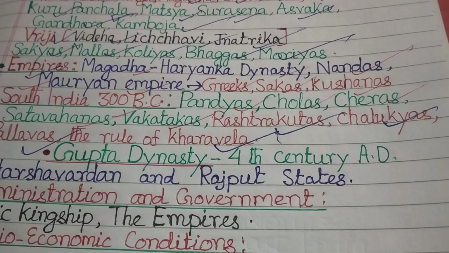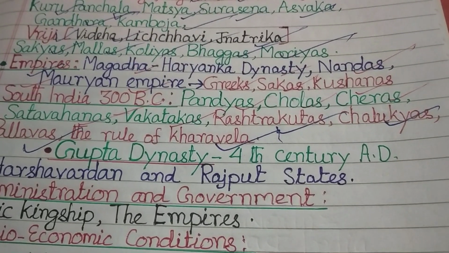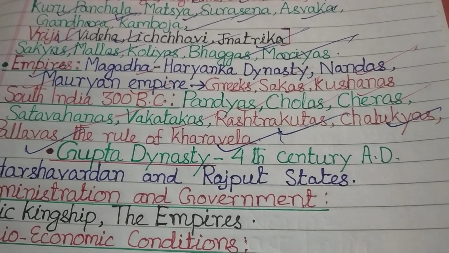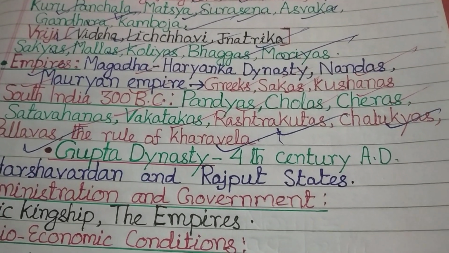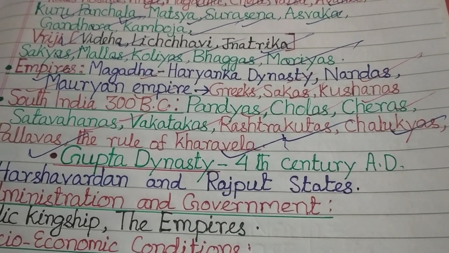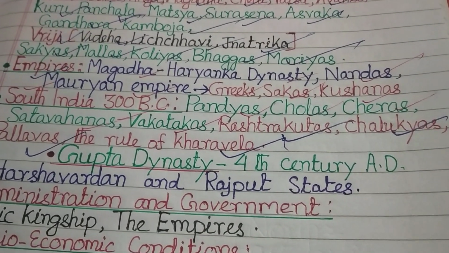The building and painting of cave temples at Ajanta and Ellora began with the Satavahanas. These kingdoms also developed widespread trading contacts with the Roman Empire, South